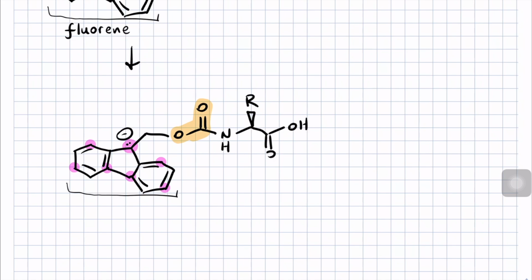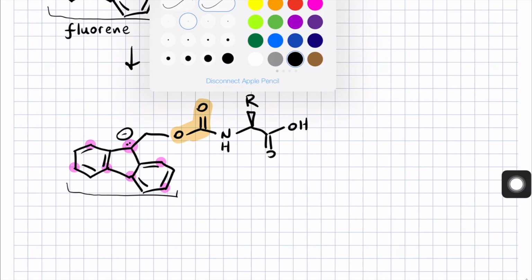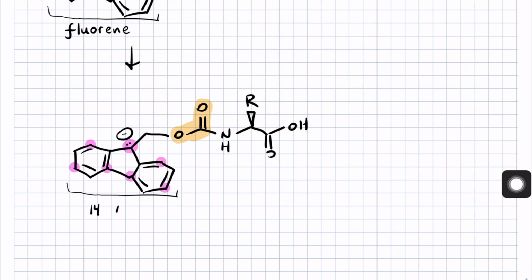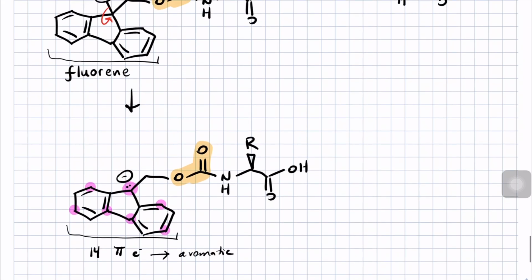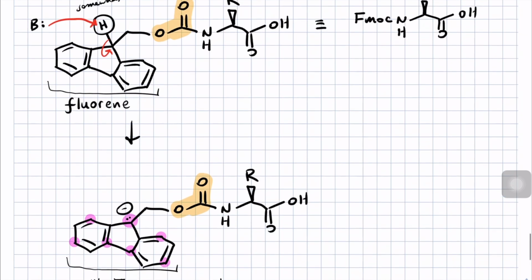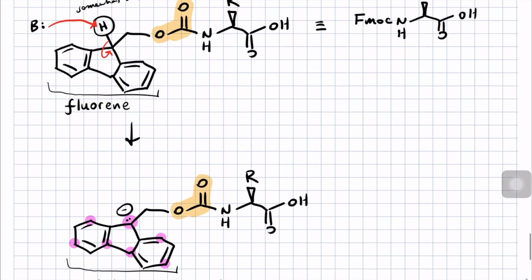And another interesting thing to look at is the number of pi electrons now involved in this ring system. You've got 6 here, 6 here, and then 14 pi electrons in a conjugated system of rings. That's aromatic. So the aromaticity that you get is why that proton in the fluorene group can be